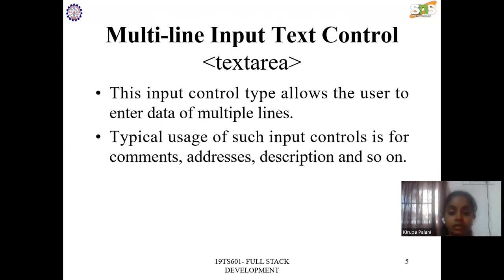So this is a single rectangular box that could be big in size, which we call a text area. It has some rows and columns. We already know what rows and columns are, right? The rows attribute specifies the visible number of lines in